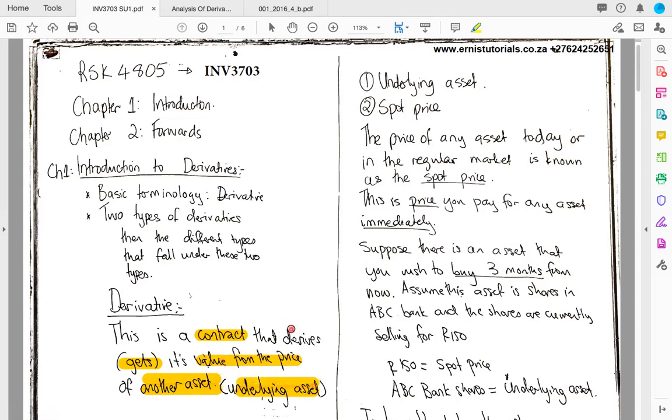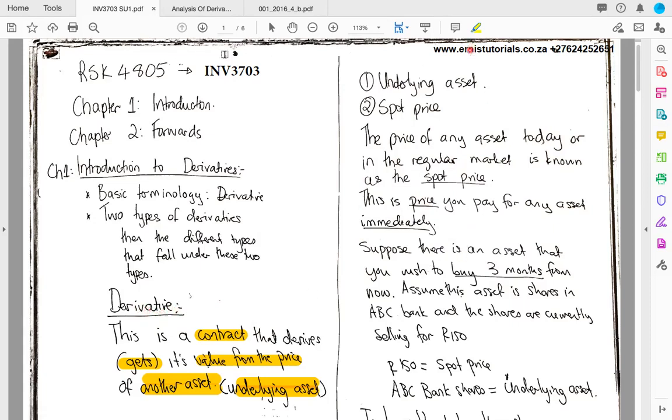So this definition that I've given you is very technical. If you don't have a background in derivatives, it's a definition that's easy to say and easy to write down, but it's a bit difficult to understand because we're just told that a derivative is a contract that gets its value from the price of another underlying asset, but it's a bit difficult to really understand what that means, right? So let's actually look at some examples and other terminology,